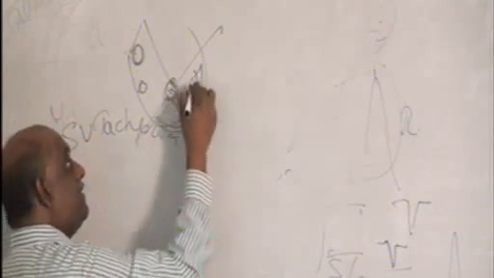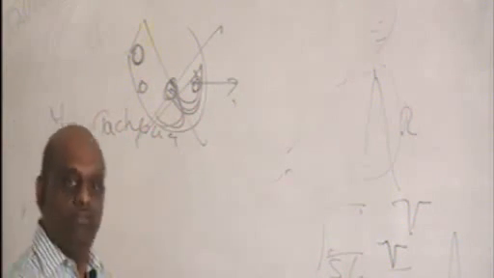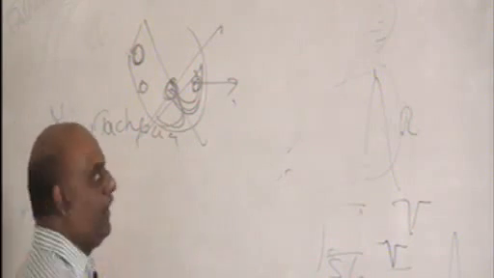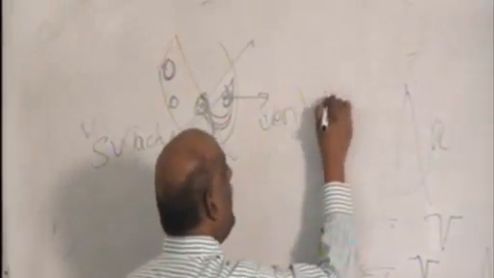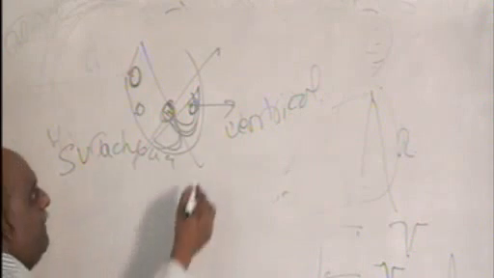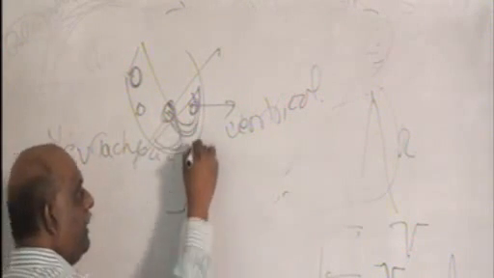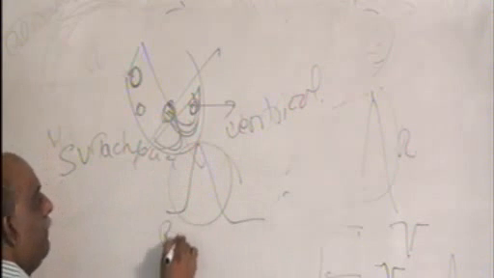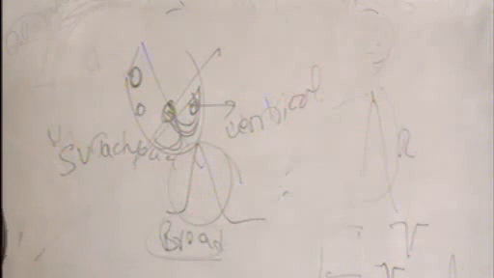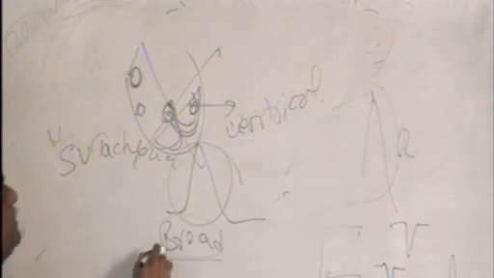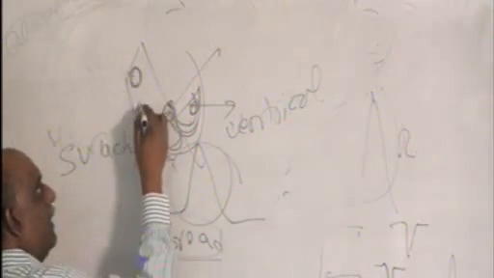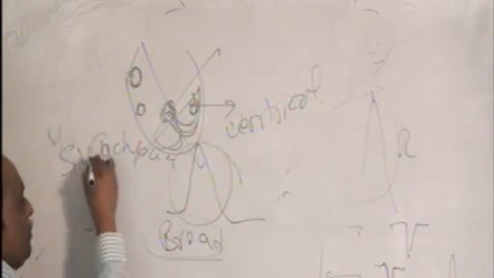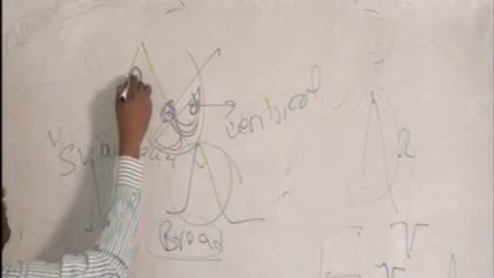But if the arrhythmia arises directly in the ventricle, what do you call it? Ventricular, simple, sing along. Ventricular tachycardia. Looking at the ECG, how will you recognize? Whenever it originates from the ventricle directly, the QRS complex will typically be broad. Whenever it originates from either the SA node or atrium or AV node, the QRS complex will typically be narrow.